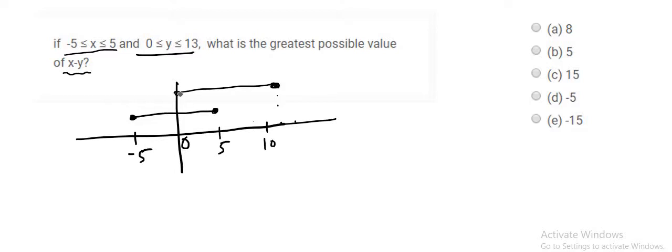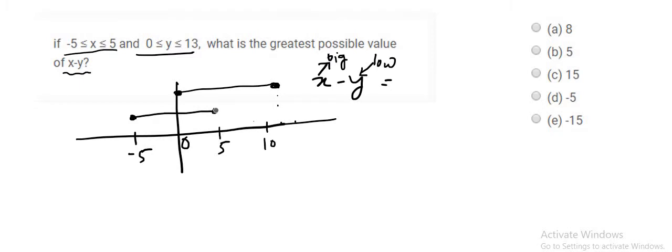So we have to find the difference between x and y in such a way so that the difference is maximum. So in order to have a difference maximum, we have to make it in such a way so that x is the biggest possible value and y is the lowest possible value, and in only that case the difference will be the maximum. Now for the x value, we can see that it extends from -5 to +5, so